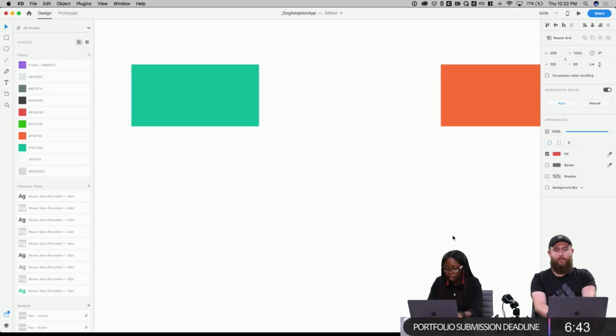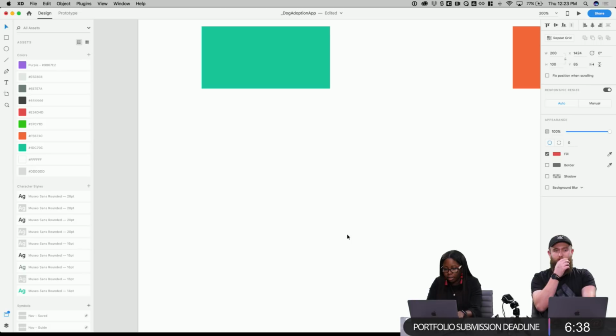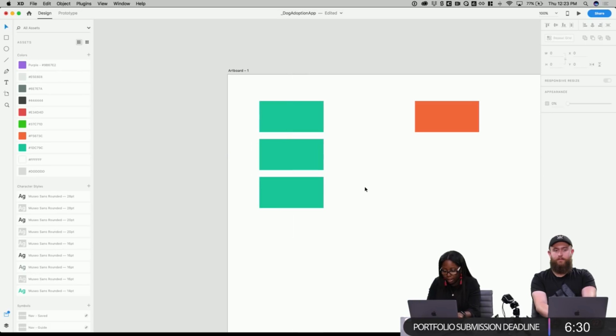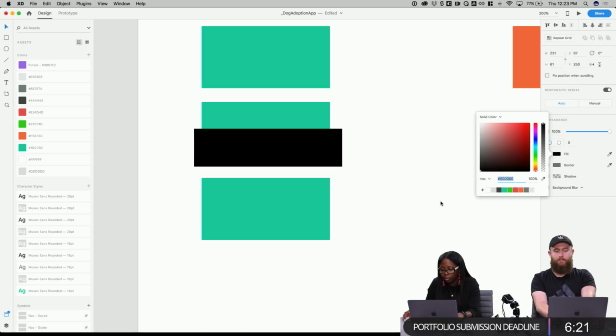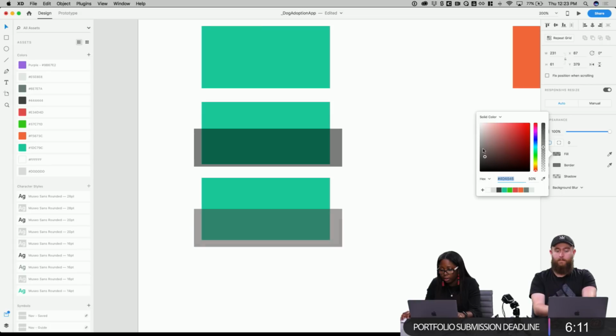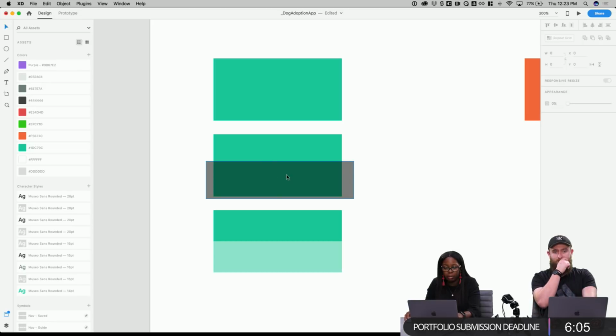So I mentioned on the stream on Monday that when I'm making color palettes or tints and shades of a color, at a very basic level, I'll start with just a dark version of a color and a light version. So I'll duplicate this color again, and then I'll also draw a rectangle on top, and I'll make this one pure black, but I'll lower the opacity to maybe 50%. And then on this one, I'll make a rectangle, lower the opacity to 50%, but make it white. So that way you can see that there's a dark version of the color here